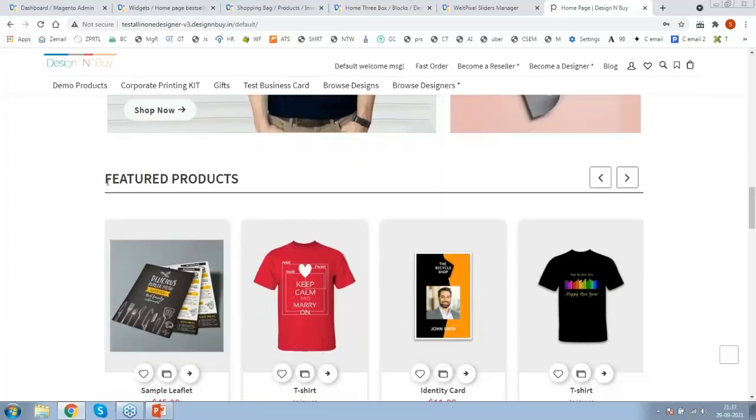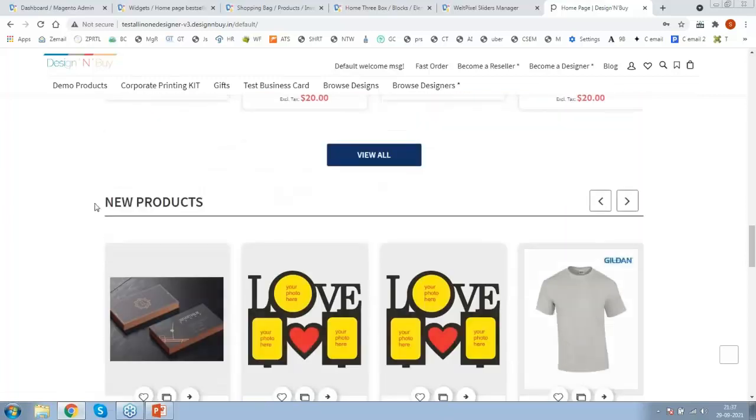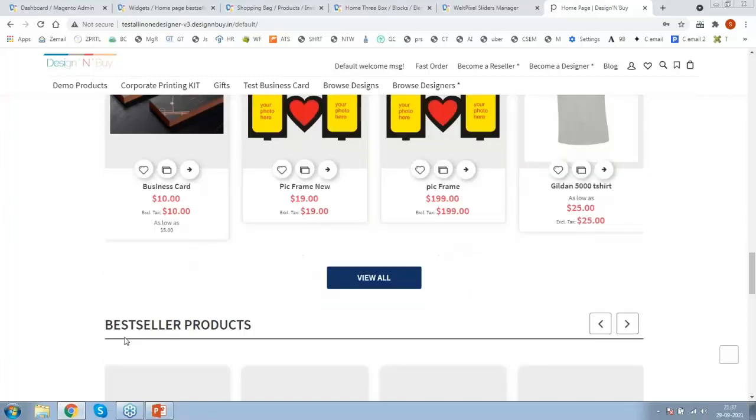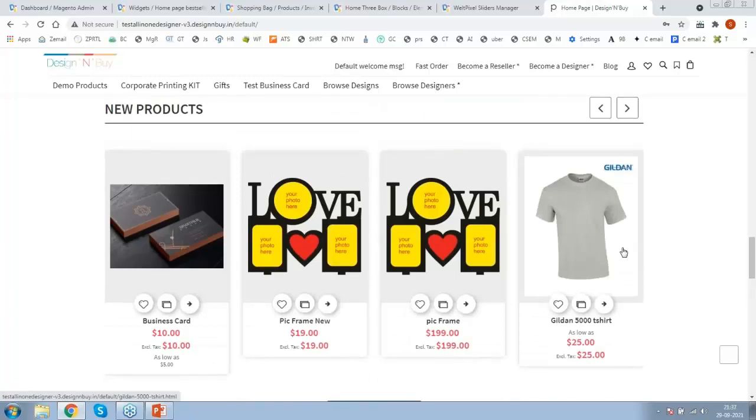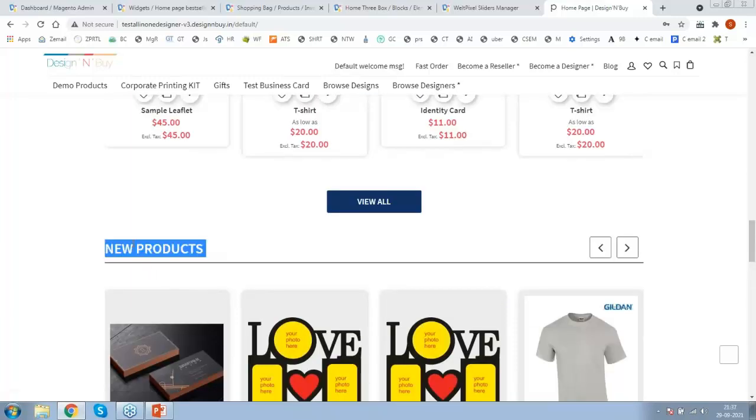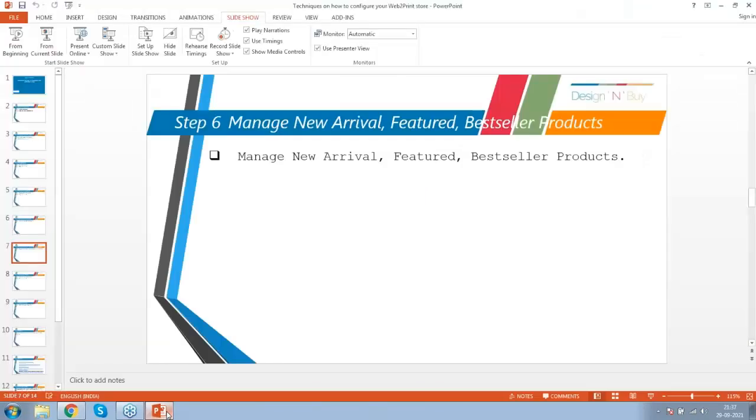Then we have 3 widgets: featured listing, new arrival, and bestseller listing, where we can see how we can manage product association from the product part, as well as at CMS widget level how we can manage these titles, the count of the products, as well as whether you want this section or not. That can also be managed from the widget part.